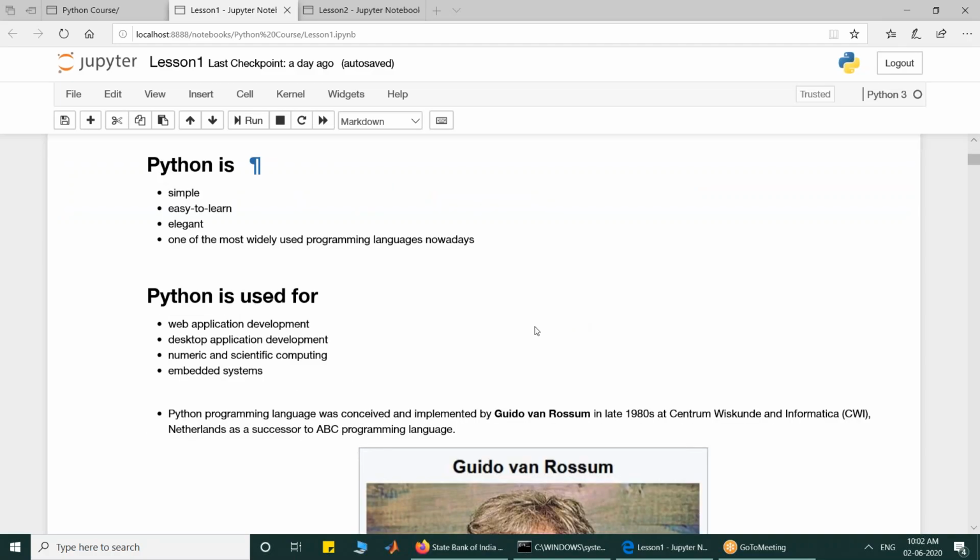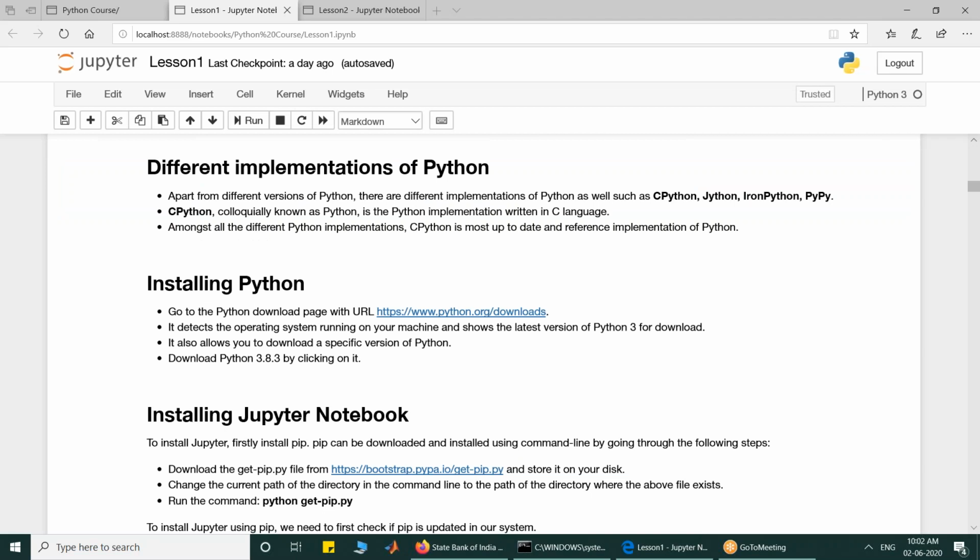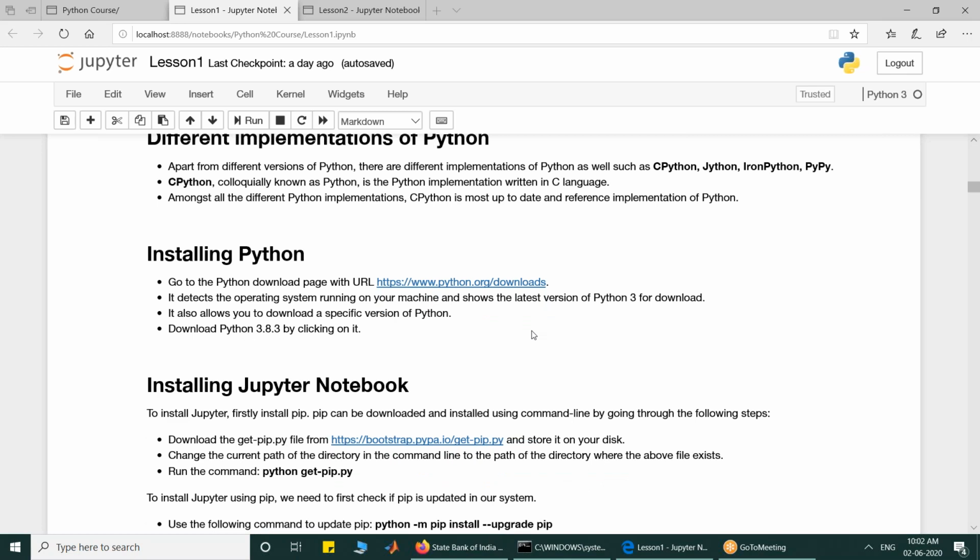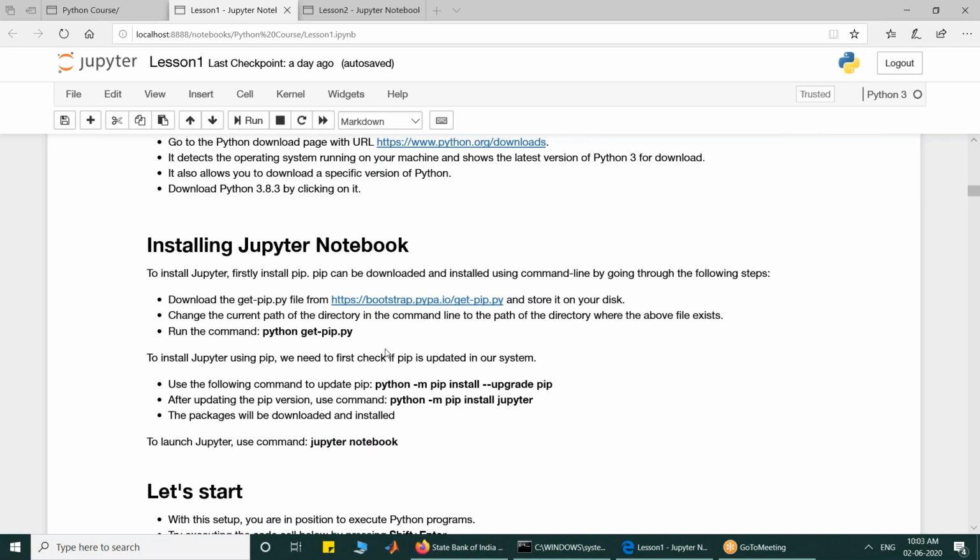And I hope that all of you have installed Python and then installed Jupyter Notebook. And we have got some feedback that you people are working with Spyder and are okay with it. If you installed Anaconda and Spyder and you are successfully executing Python code in that environment, then we have no problem with that. You can do that.